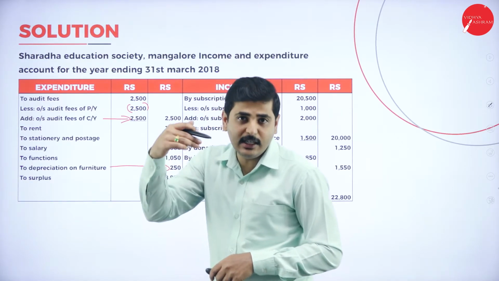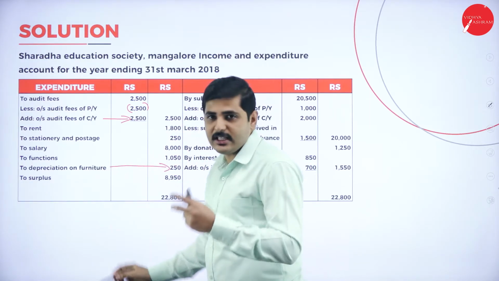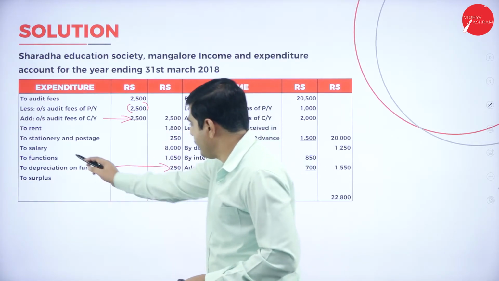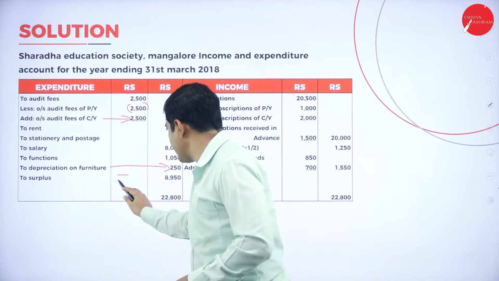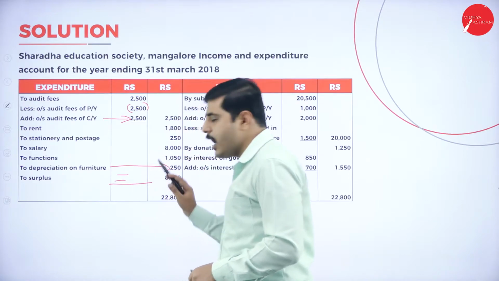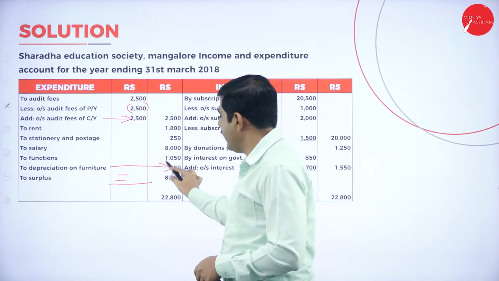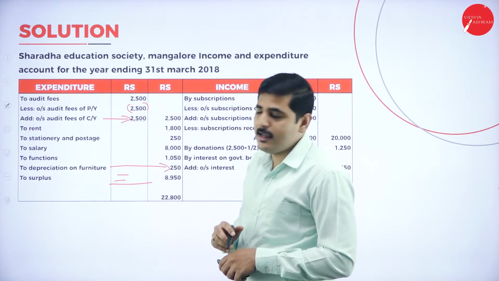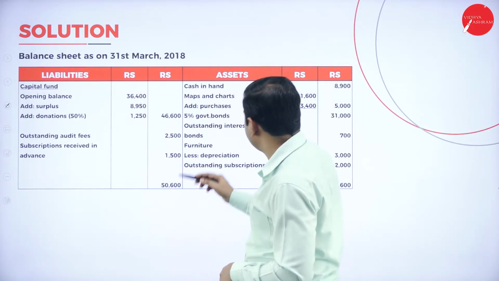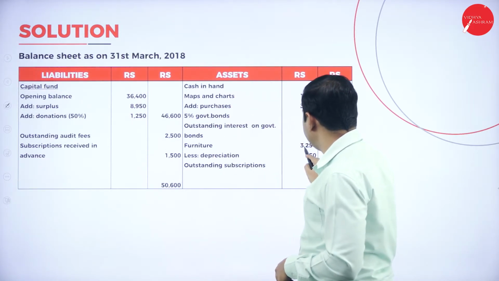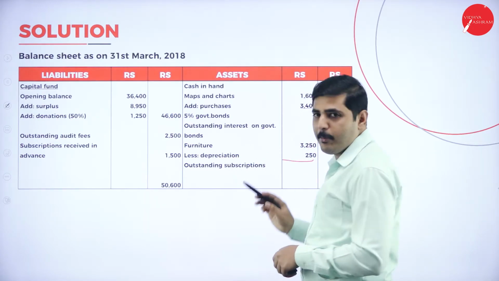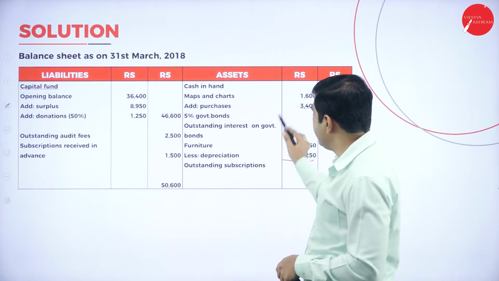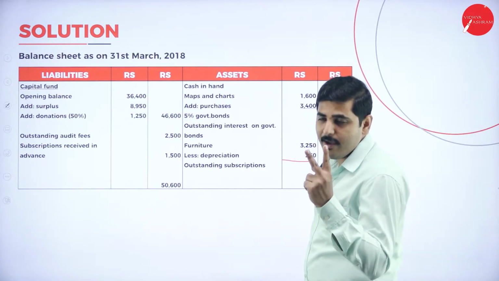So if you have any other depreciation, you can add it. For example, if we have two depreciations on furniture, write the amount here, add it, put into outer column. Okay. So we have again one more adjustment which will be shown in the asset side of the balance sheet. So look at the furniture 3,250. Deduct the depreciation 250, remaining amount should be shown in the outer column, asset side. So double effect. All adjustments will be having double effect.